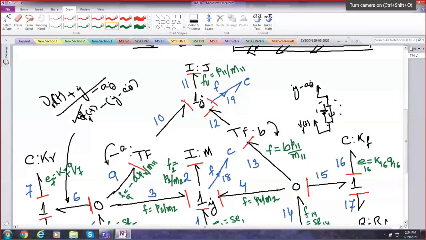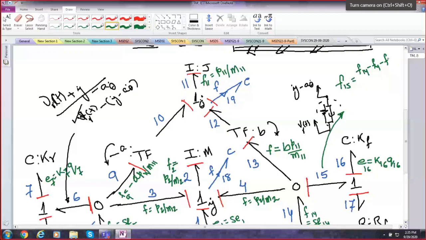Likewise, this flow in bond number 2 is a strong bond. That is a strong bond for the 1 junction with 1, 2, 3, 4 bonds. So flow in all of the bonds is P2 by M2. If that is known, then we know this F15. What is F15 then? F15 is F14 minus F13 minus F4. So we directly have the equation.